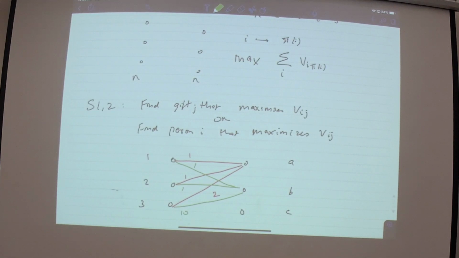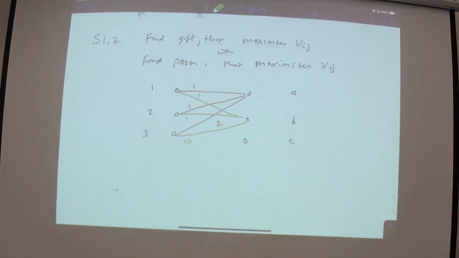Suppose it turns out that for those 2 people, swapping their gifts would have made the overall value better. So either one person is slightly less happy but the other person is really happy, or both of them get a little bit happier, or something along those lines. We swap it. So let me write this down. The local operation we're going to perform, and remember this can only be defined once we have a solution to begin with, is to look at the solution you currently have and tweak it. And the tweak is,